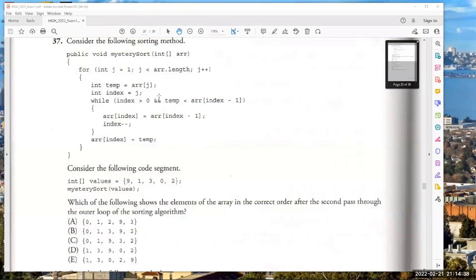It looks like an insertion sort, right? It actually looks like insertion sort. That's also an insertion sort. Which one shows the elements after the second pass through the outer loop of sorting? Two passes is easy. That's also an insertion sort. It looks like an insertion sort. So it's